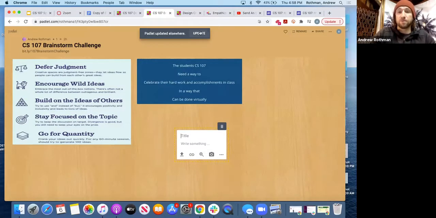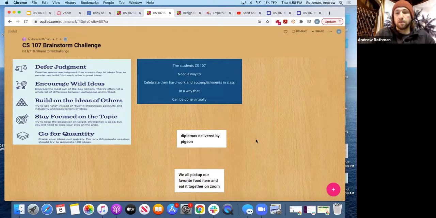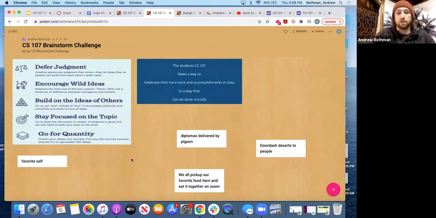There we go. We got some updates on the Padlet. Come up with some stuff here. All right. So what can we do here? A crazy way to celebrate accomplishments in this class. I'm gonna say diplomas delivered by pigeon. That would be kind of crazy. And then we could do obviously maybe some DoorDash desserts through people. We could do that. What else could we do? We could